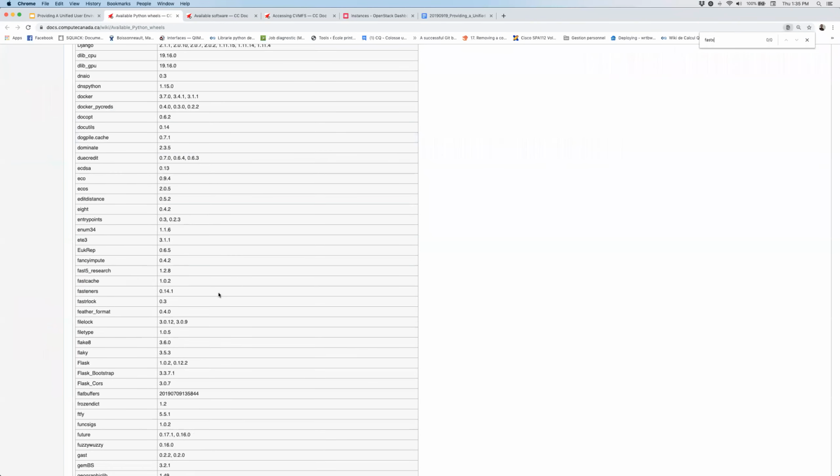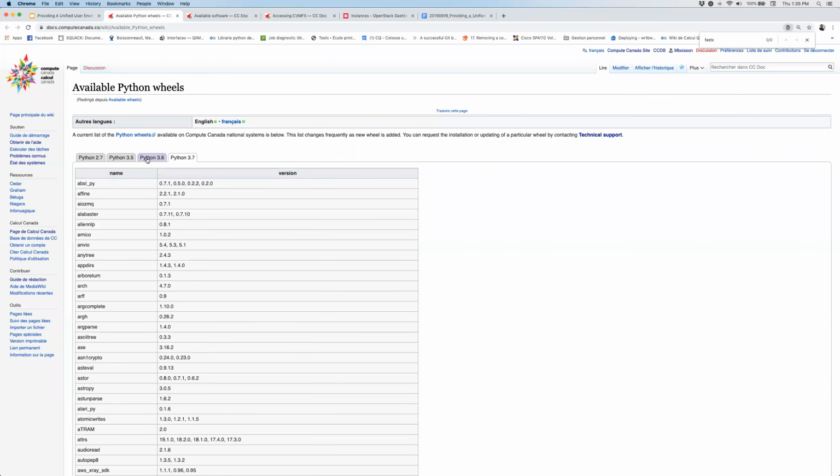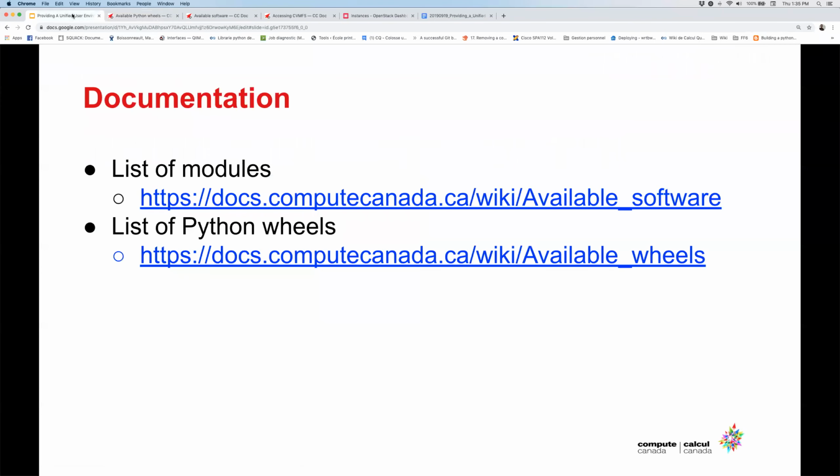FastX doesn't look like it got requested yet. It doesn't look like we have a wheel for that. What about our, oh, there was a question about the wiki first. So the update, basically,